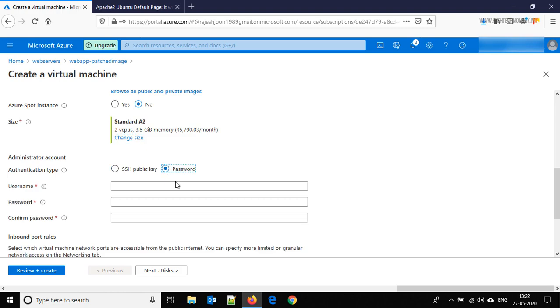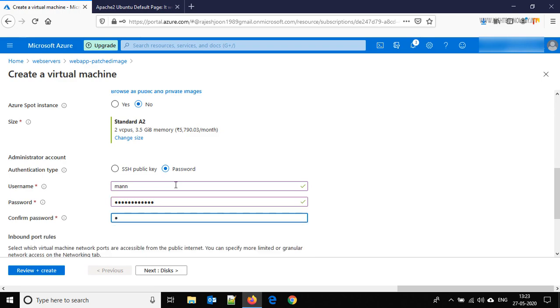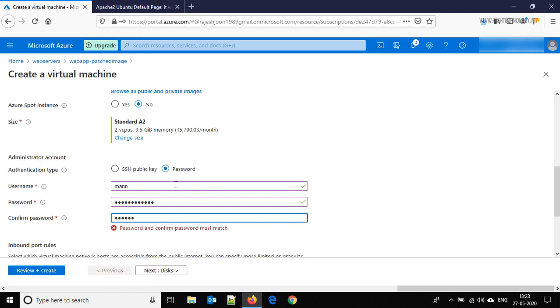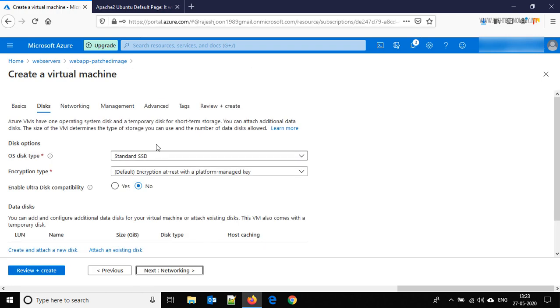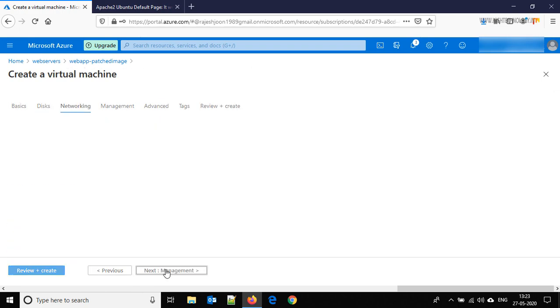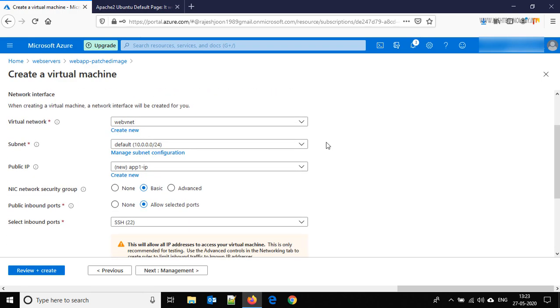Here I'm using a password, a different one, and a username.